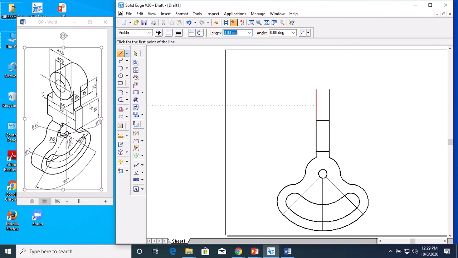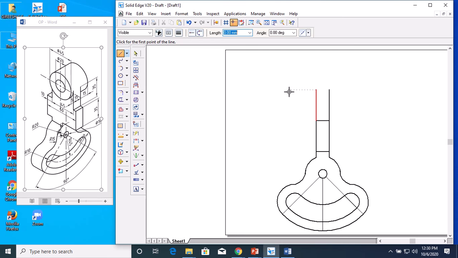Is there any distance given here? From here to here the center distance is not given. Let's assume it is connected to the center line only. Take this portion.